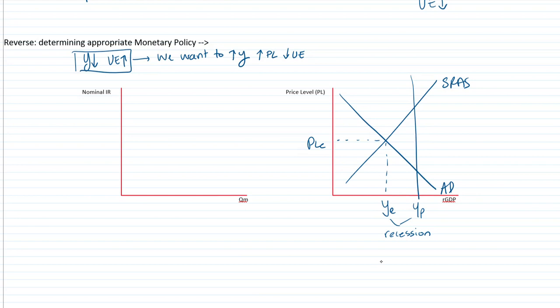If they want to increase output, the way to do that is to increase aggregate demand. They're going to need aggregate demand to shift over to the right in order to push price level higher, push output higher,